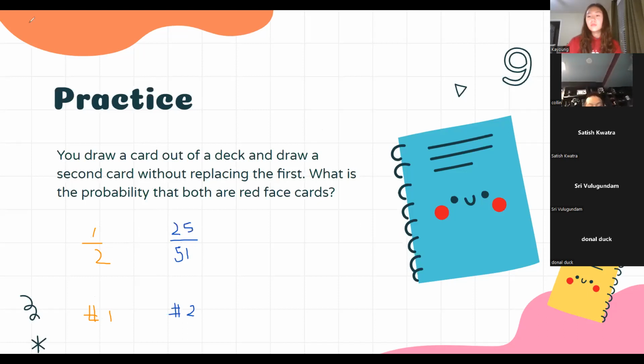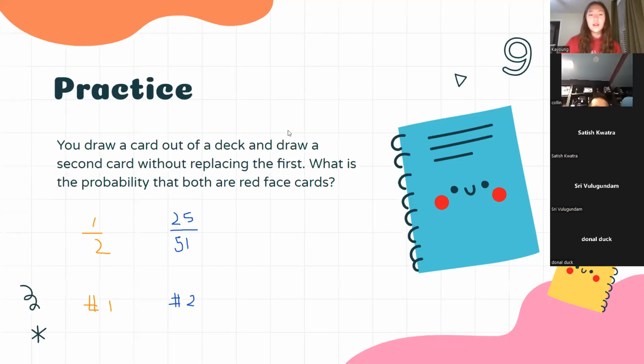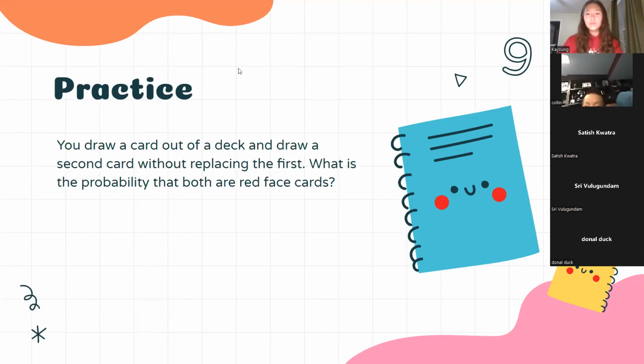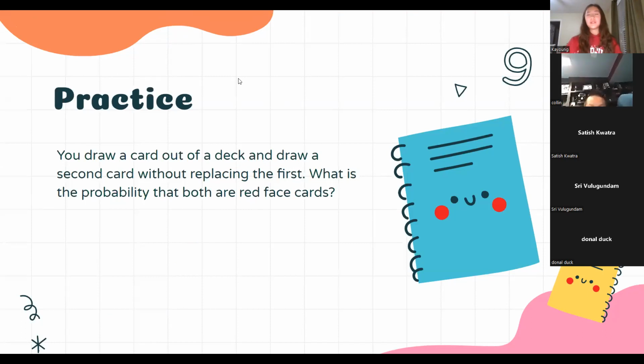You said red face card. There's only 3 face cards, right? You're saying red card in general? Oh, I think that's what it means, because it said face cards. Oh, you're right. I thought it meant just red. Actually, yeah, I thought of it the wrong way. Okay, so my bad. Redo. Anybody that answered, you just thought of it as a red card, but that's my fault.